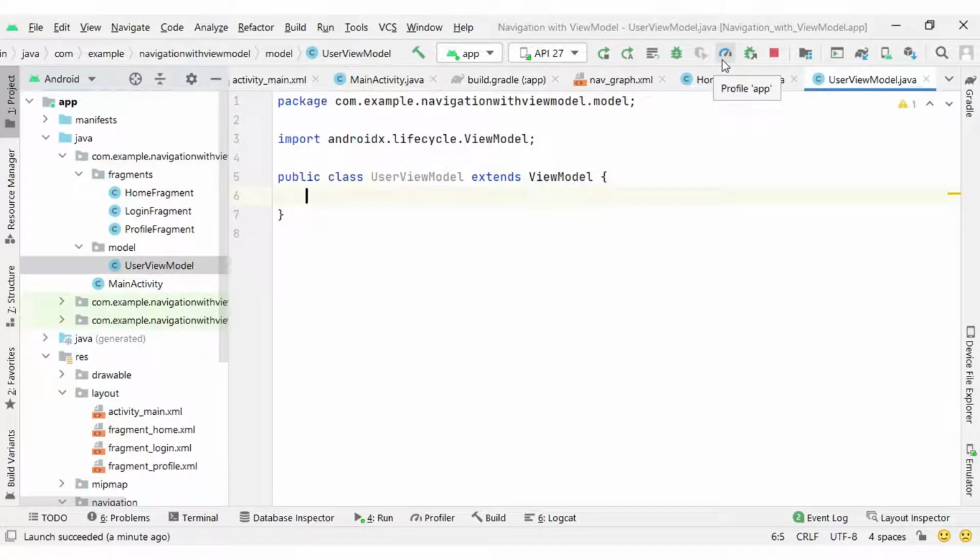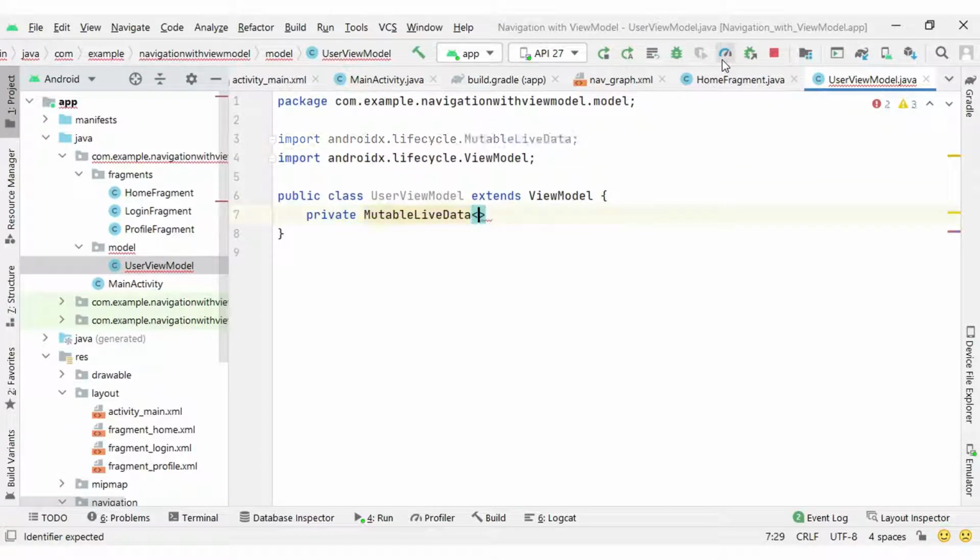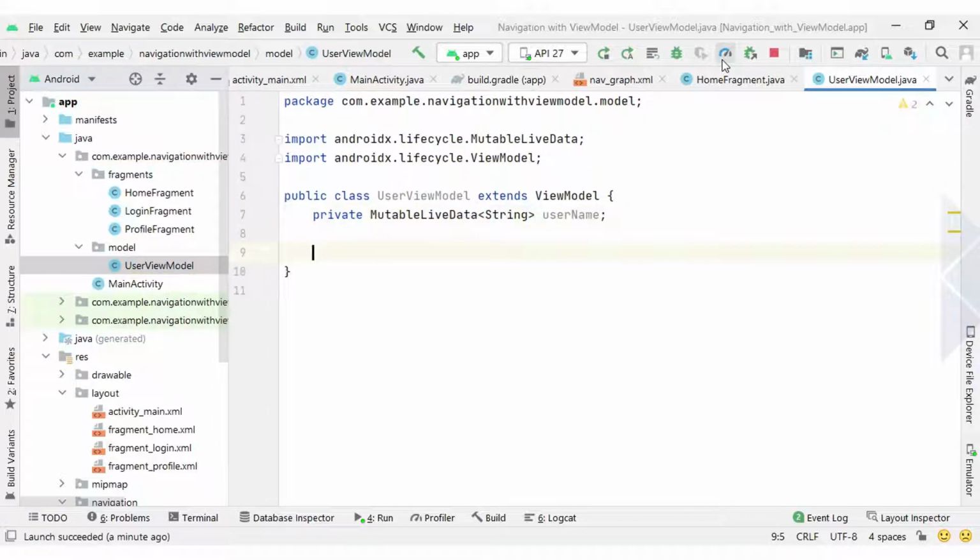Okay, inside the view model I will create one MutableLiveData instance. And what is the type of MutableLiveData that I can provide? Like String type. Here I am going to confirm with the username. Okay, so we have a private MutableLiveData, and next I am going to create a getter and setter method for this username.